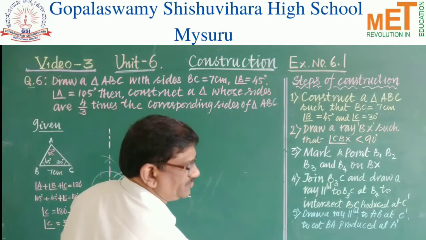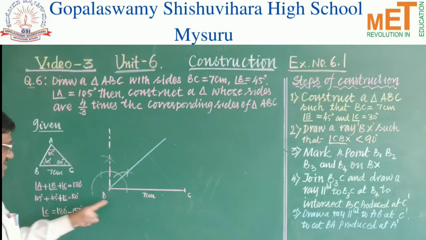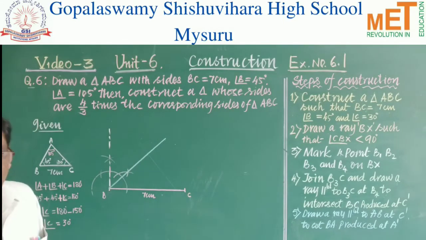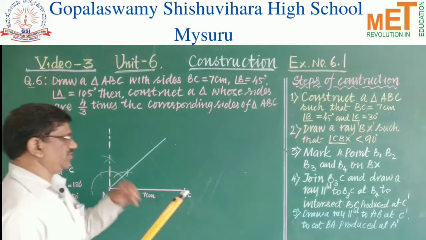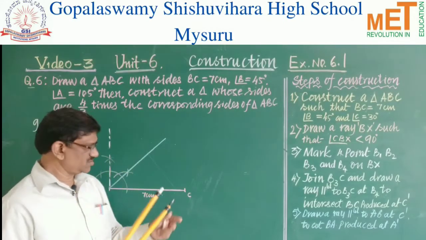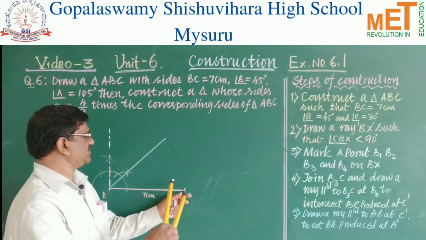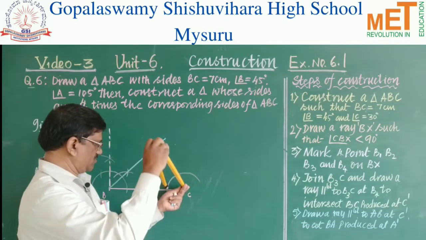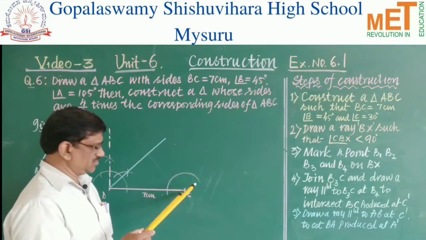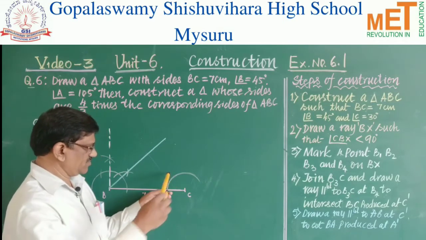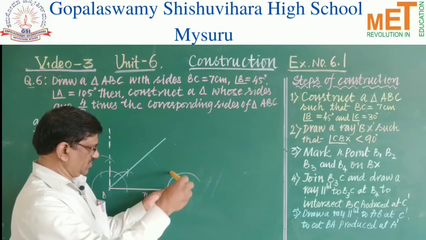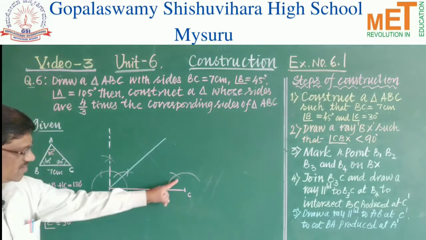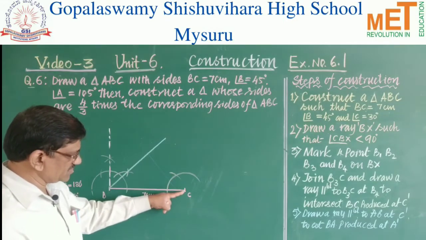Next, we have to construct 30-degree angle at C. For that, once again, you take the compasses with C as a center, draw a semicircle. Okay. Now, with this point as a center, you draw arc, cut the arc. So, if you cut the arc, where it cuts the arc, if you join this point with the C, that